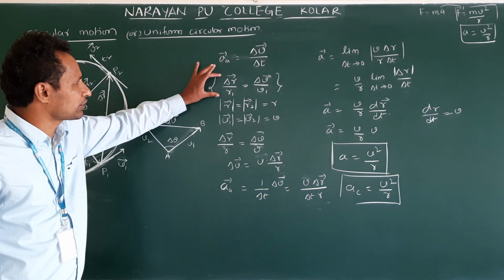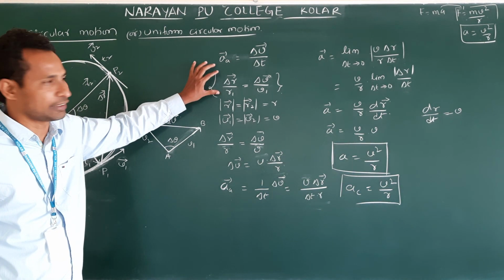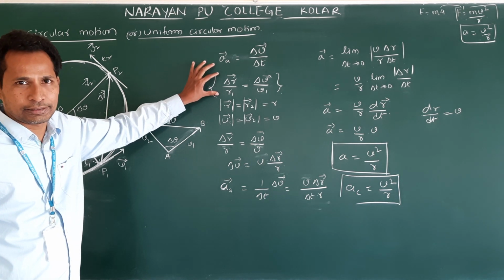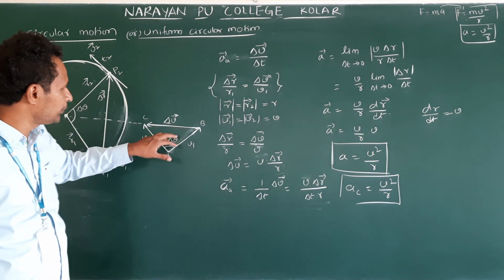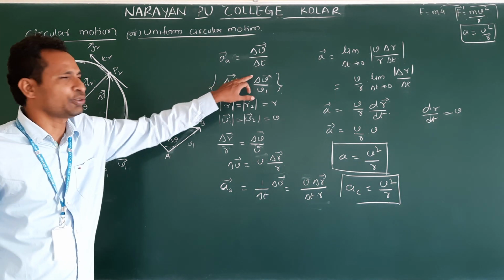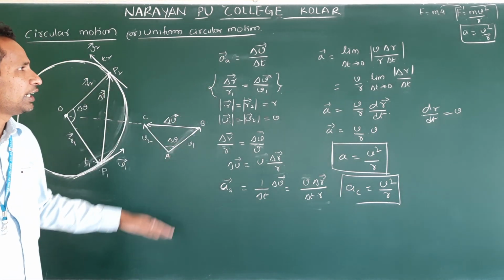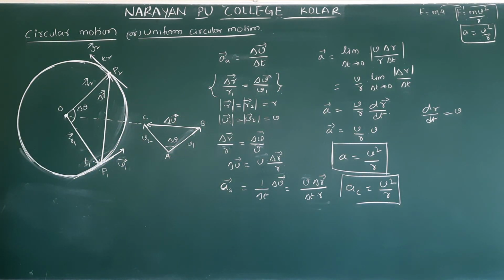Don't worry about this. You will come to know once you are good in mathematics. This equation is very easy. How did I write this? Clear? Similar triangles, base by base, or side by base is equal to side by base. That's your interest, and we do expect this for 5 marks. This is the centripetal acceleration when the body is in a uniform circular motion. Make a note of this.